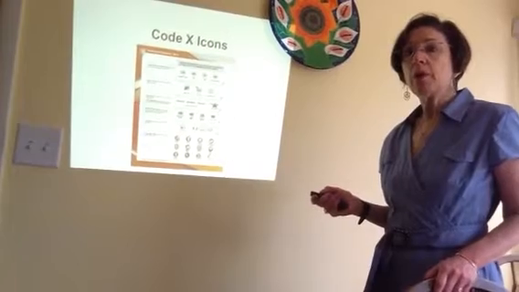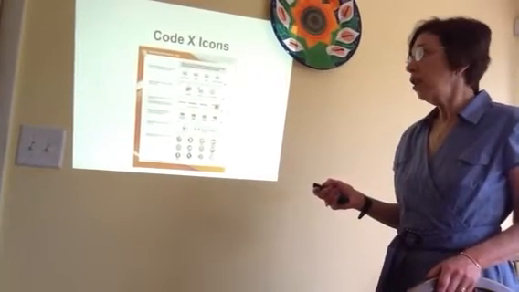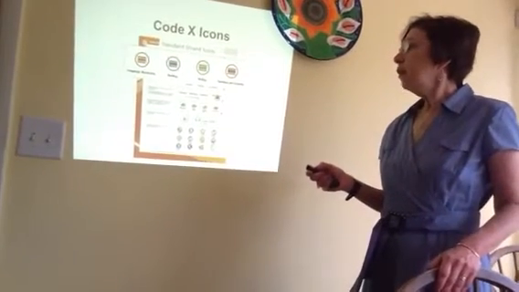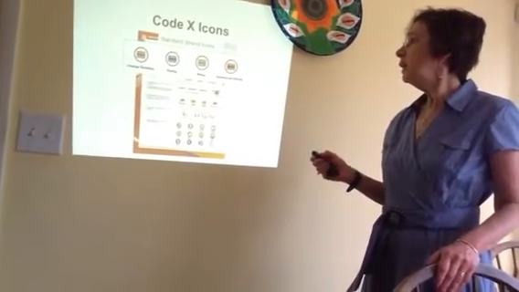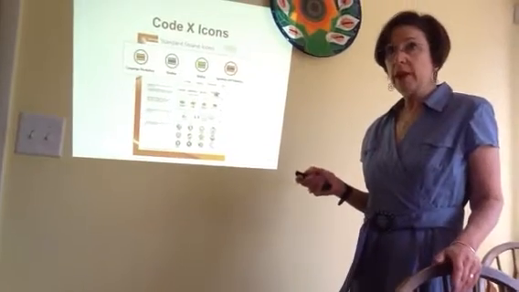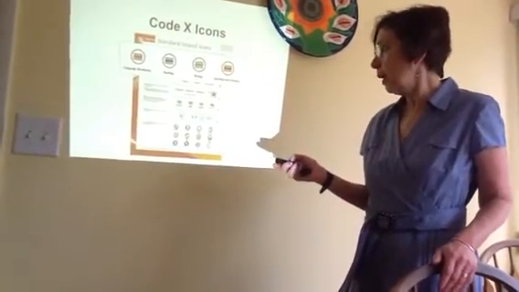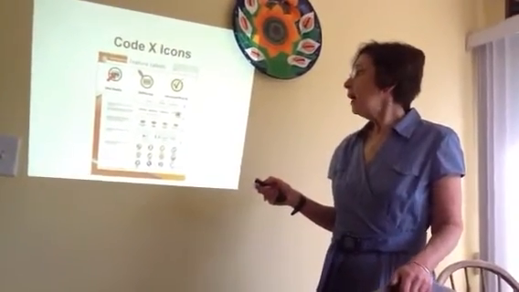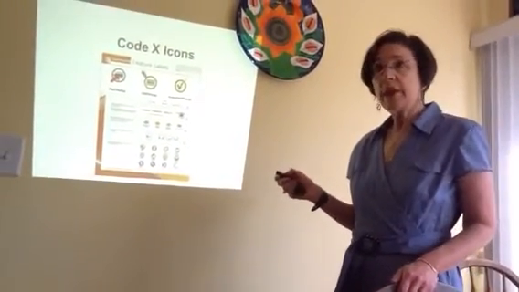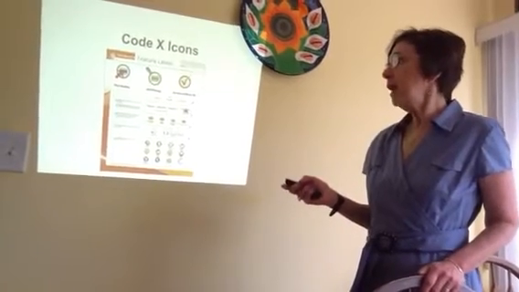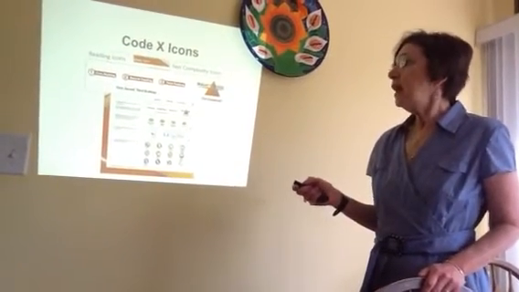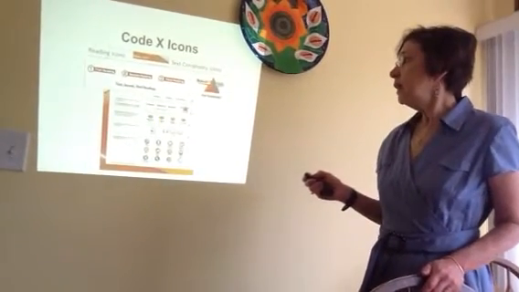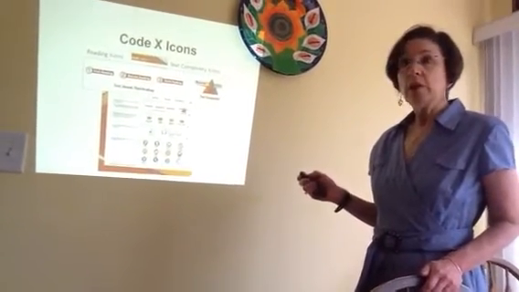The Codex program comes with many icons, which are color-coded, and they help guide your instruction. We have language, vocabulary, reading, writing, speaking, and listening. Notice they're color-coded, and the icons appear throughout the whole program. Here's the close reading icon, skills and strategies, and that check mark we talked about for the wrap-up at the end. These icons represent the 3 readings that you do with every anchor text, and the text complexity model, which